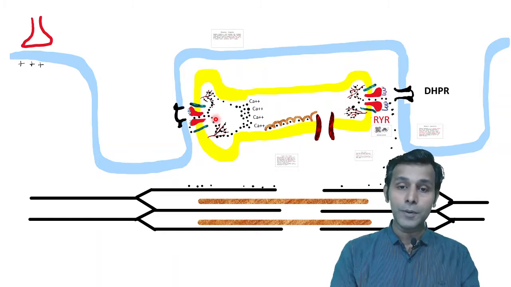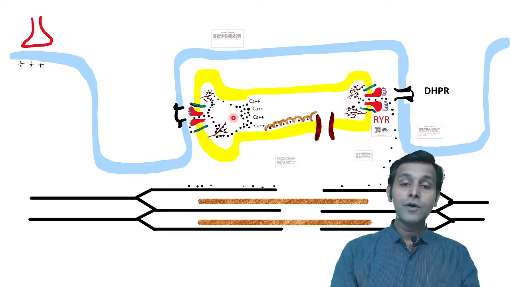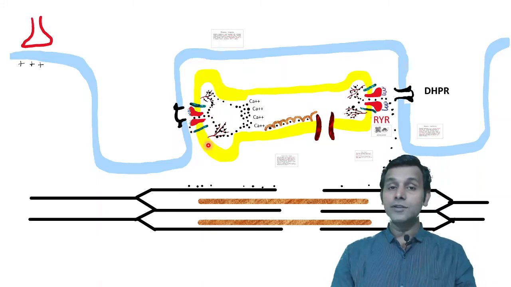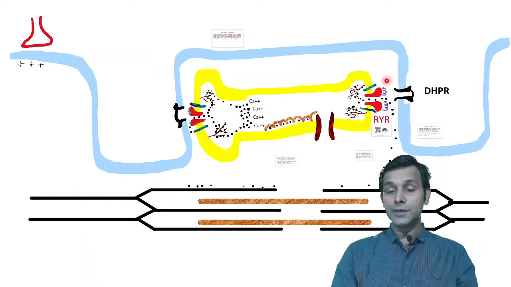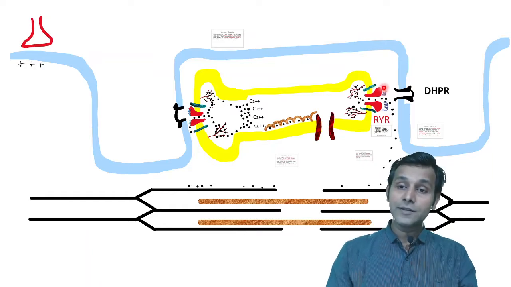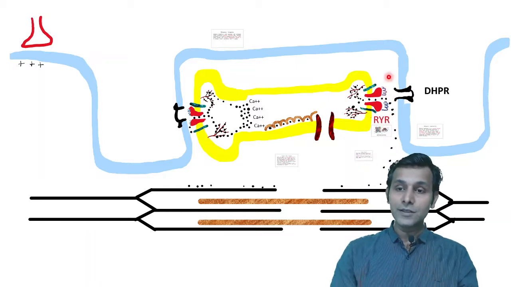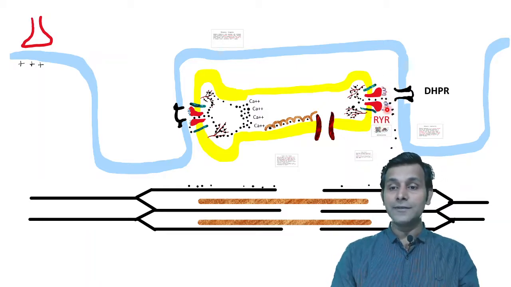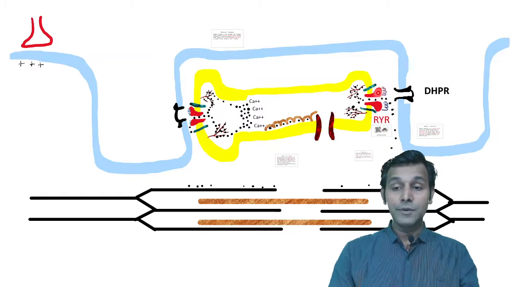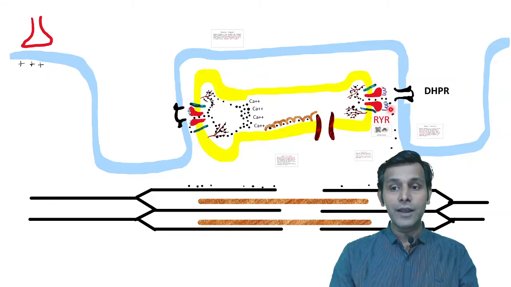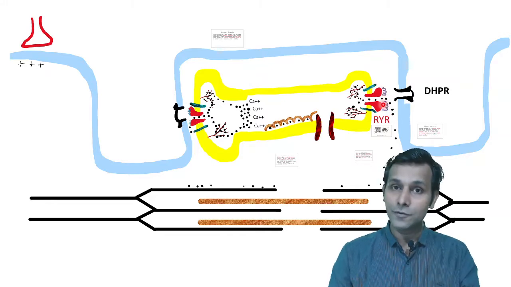If the channel is open, the calcium ion will move from the L tubule into the cytoplasm, or you can say the myoplasm of the sarcomere. The RYR is connected to DHPR by mechanical connections on proteins known as STAC3 proteins, which give a feet-like appearance and are also called feet between RYR and DHPR. So we have DHPR, we have RYR, and STAC3 proteins or feet.